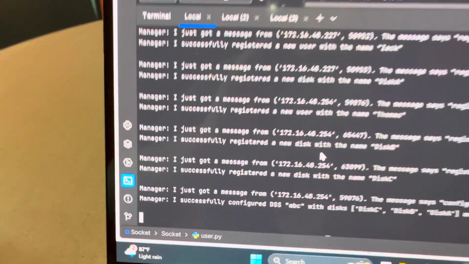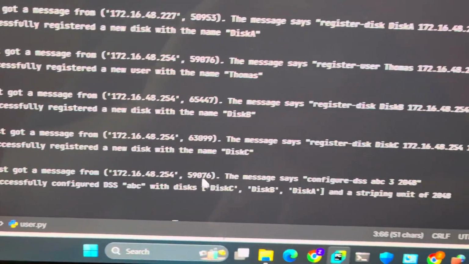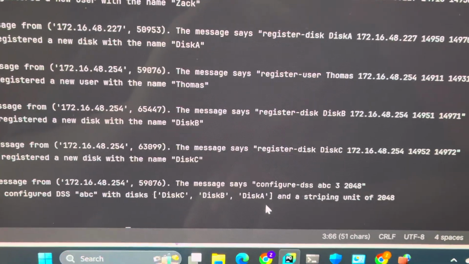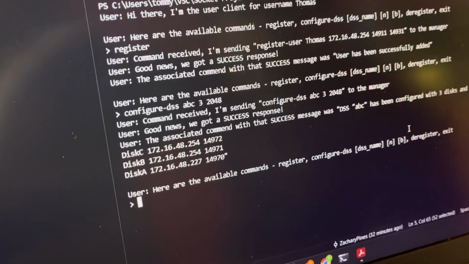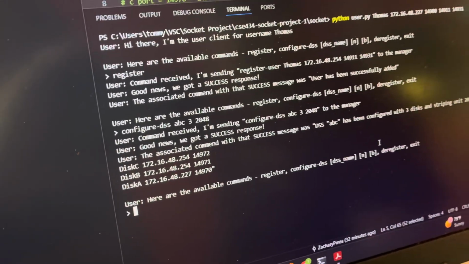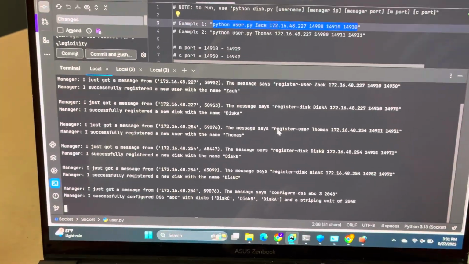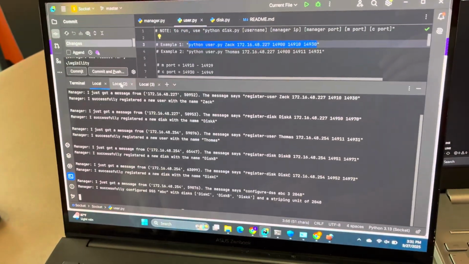We can see on our end that we've now successfully configured ABC with disk C, disk B, and disk A, 2048. And on this end, we get to see C, B, and A. But we also get all the information from them so that later we could theoretically connect, have implemented it, but well, that will work. And then you hold this really still for a second while I go to my user